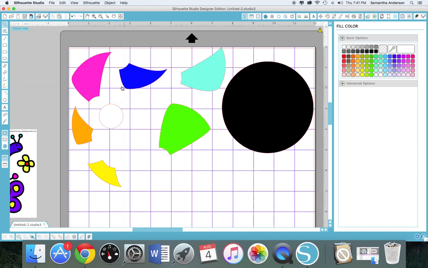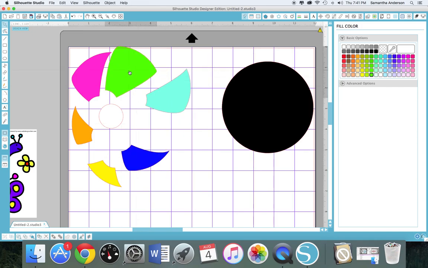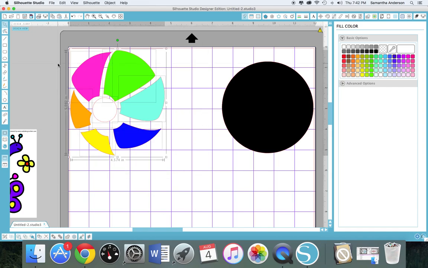If you really wanted to get technical with it, I suppose you could keep them grouped together and try to put your vinyl on the mat like that, but I don't know that that would really work well. Again, I am not a professional. This is just literally how I figured out how to do it. I find it easier to eyeball stuff. So I'm going to show you a couple other